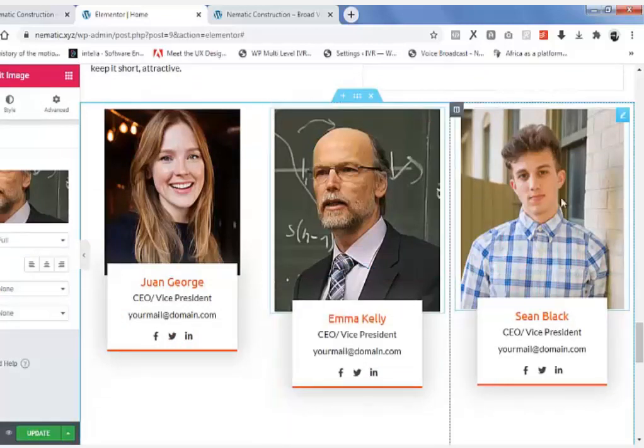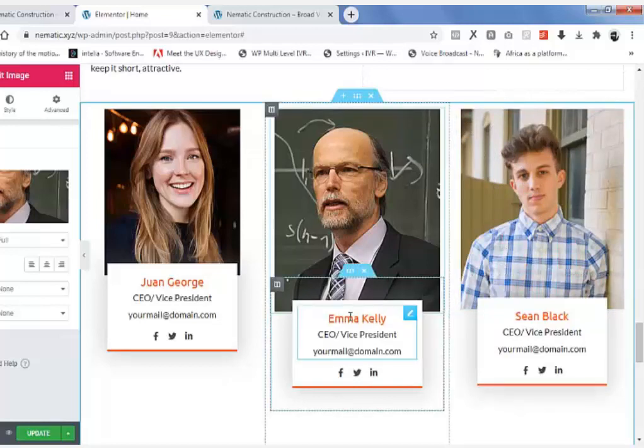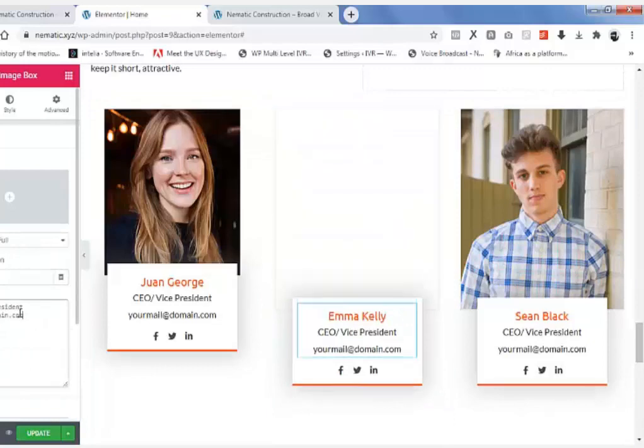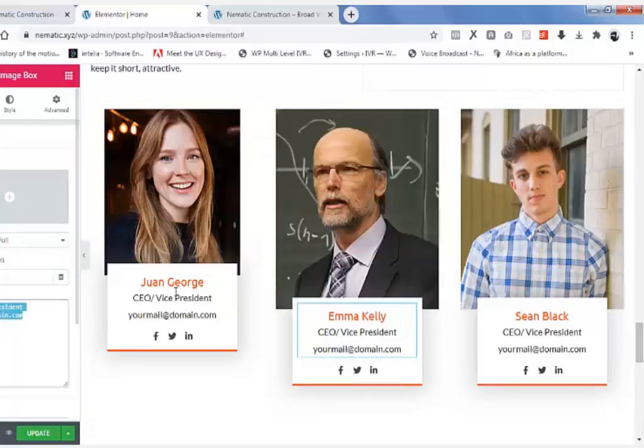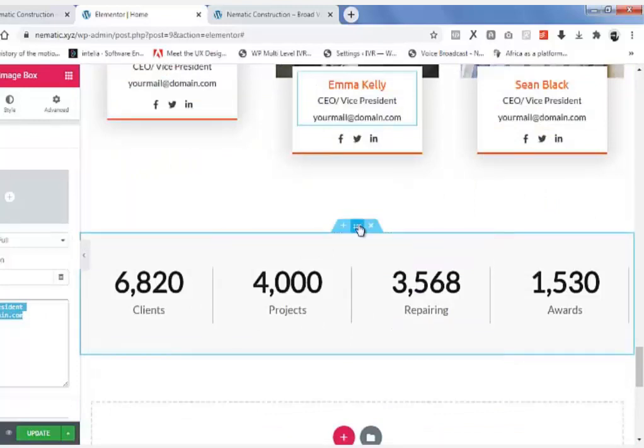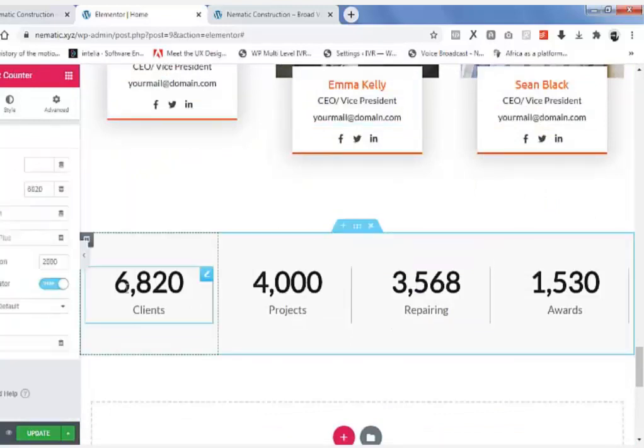So here also you can click on any of the images here to edit them. Now you can check your exercise folder for the T3 and practice this yourself. So here you can click on this to edit the email, Kelly, his name and his Gmail and also his position in the office. Okay, so here we have our counter. Okay, so you can click on this text here.